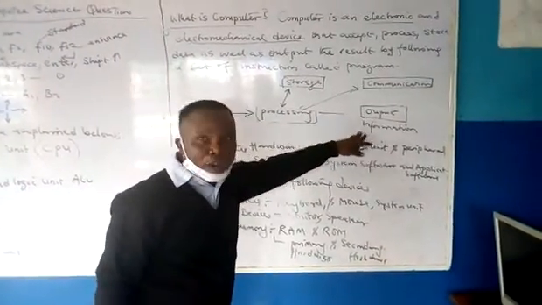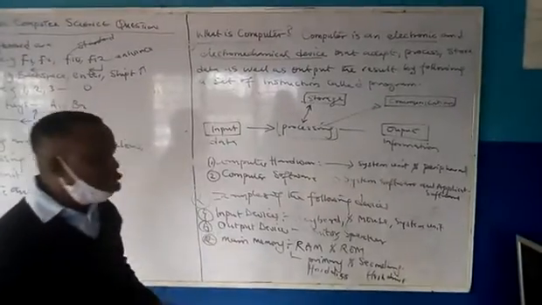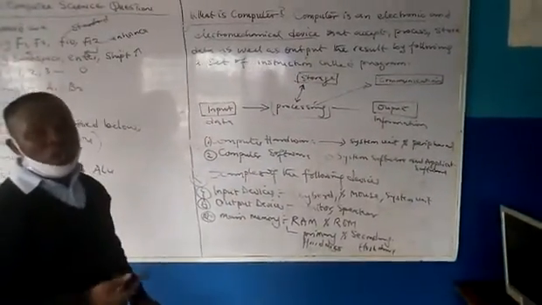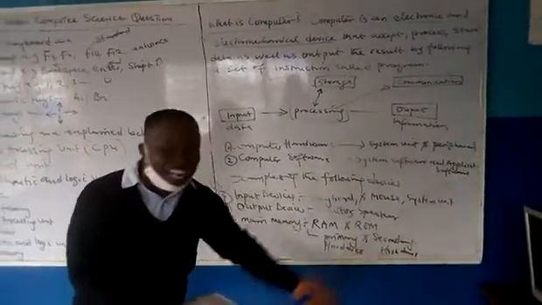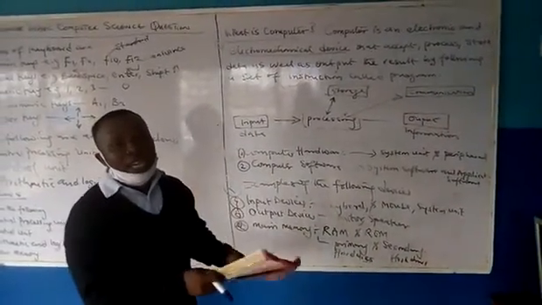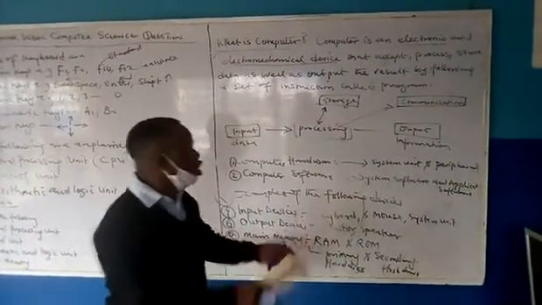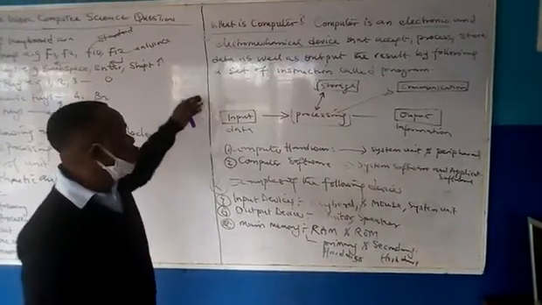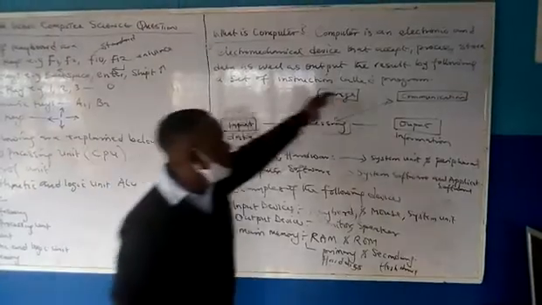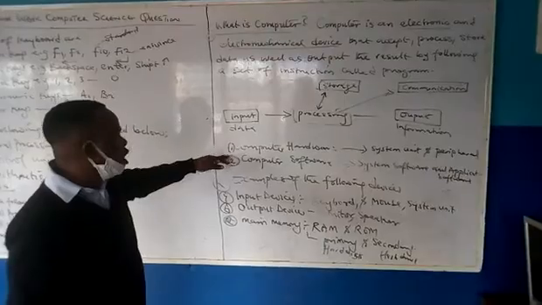It brings out after processing, which is information, either in a soft copy or in a hard copy. The soft copy is when you see it on the monitor, you cannot touch it, you cannot handle it. But you can see it with your eye, you can edit it. But the hard copy is when it is printed out on paper. And then the paper, you can handle it like this, as I'm handling a book, you read it, you can touch it. That is hard copy. So it's based on instructions given to the computer. And that instruction is called what? Program. Set of instructions is called program. Then the B part, still on the B part, we'll talk of the